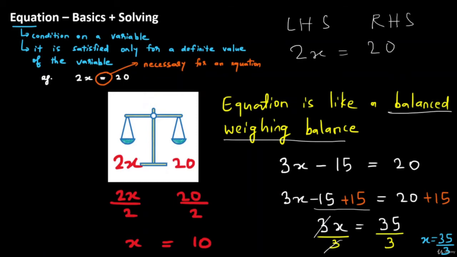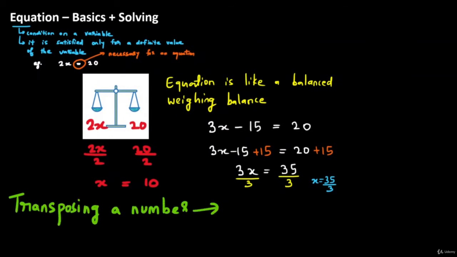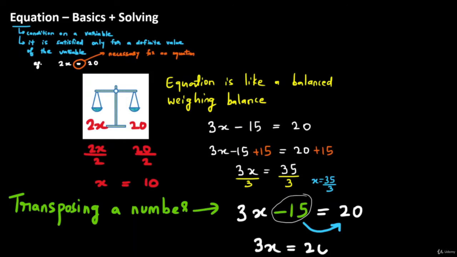Let's see one more way of thinking of this. Now, the other way is called transposing a number. So that means when you take a number from the left hand side to the right hand side, what happens? Let's try to observe. So I take the same equation. I have 3x minus 15 is equal to 20. Now let me take this minus 15 to the right hand side of the equation. So what is negative on the left hand side should become positive when you take it to the right hand side. So this becomes 3x is equal to 20 plus 15, and that is 3x is equal to 35,